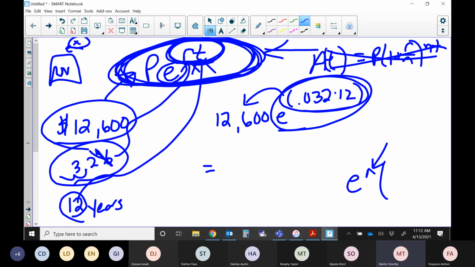This caret symbol tells the person that whatever follows it is the power of the E. So I'm going to put 0.032 times 12 in the parentheses. The calculator is going to multiply this together first, then take E to that power. And if I do that, I get